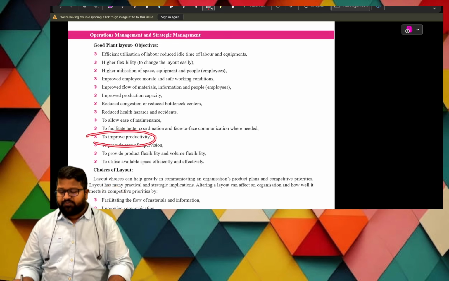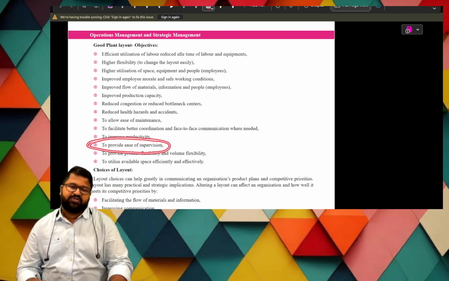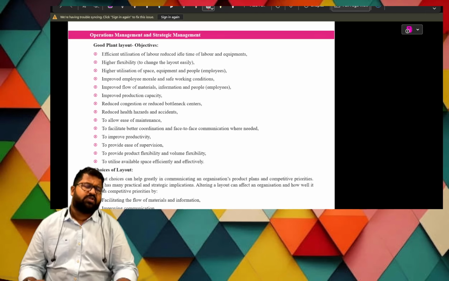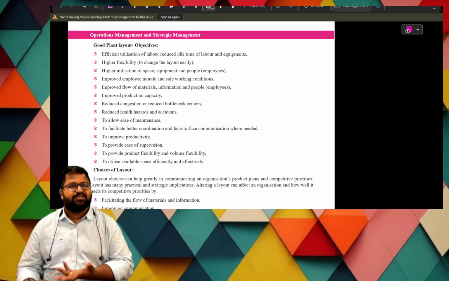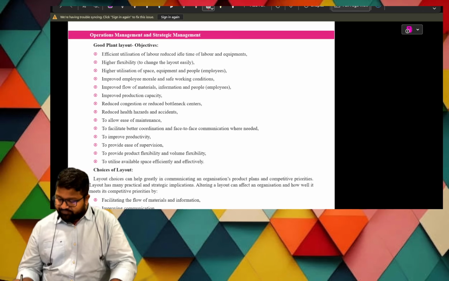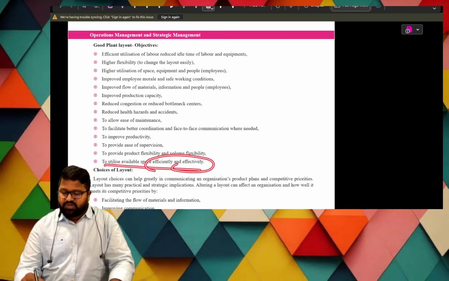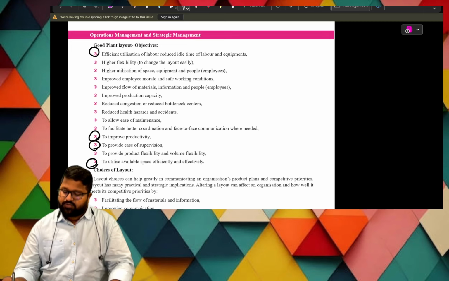Improve productivity is known. And next, improve ease of supervision. A person is observing how the work is happening. It is easy with this. If the layout is proper, it is easy, buddies. Next, utilize the available space efficiently and effectively. So write this point and the first point, improve productivity, allow ease,